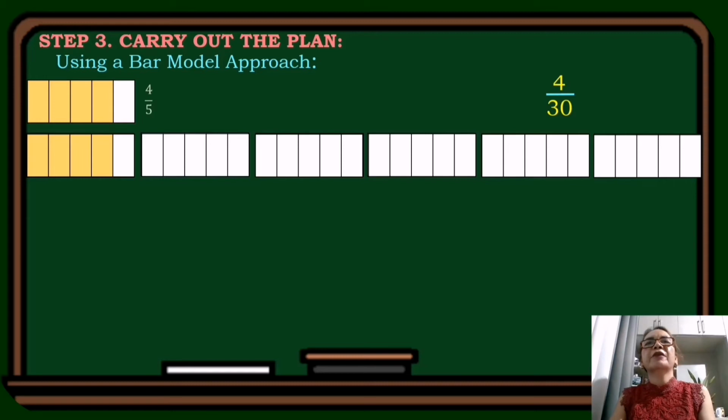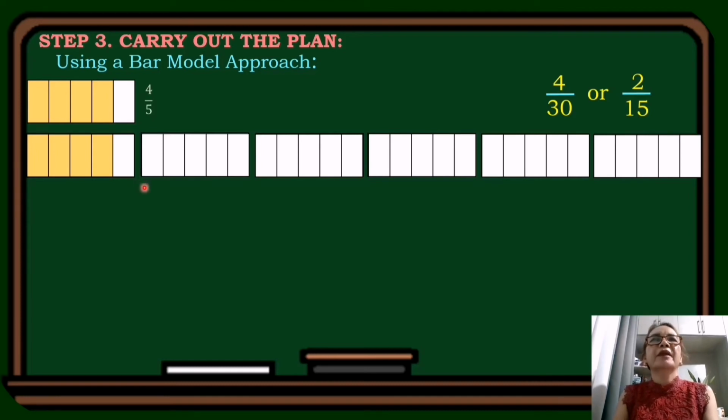And since 4 and 30 have a common factor, we will change our answer to lowest term. So we'll divide 30 by 2, we have 15. And then 4 divided by 2, we have 2. So the lowest term of 4/30 is 2/15. Okay, then since these 30 equal parts represent the 12,000 pesos,